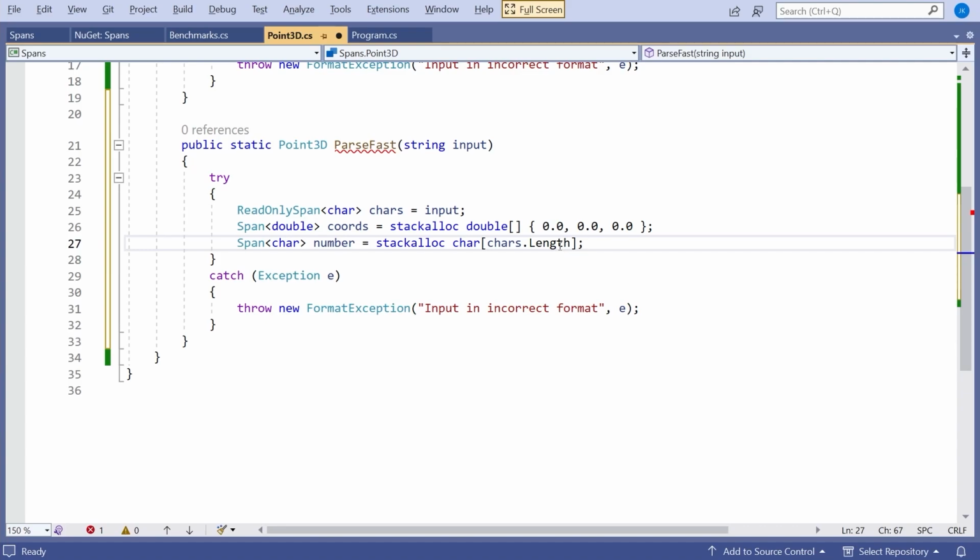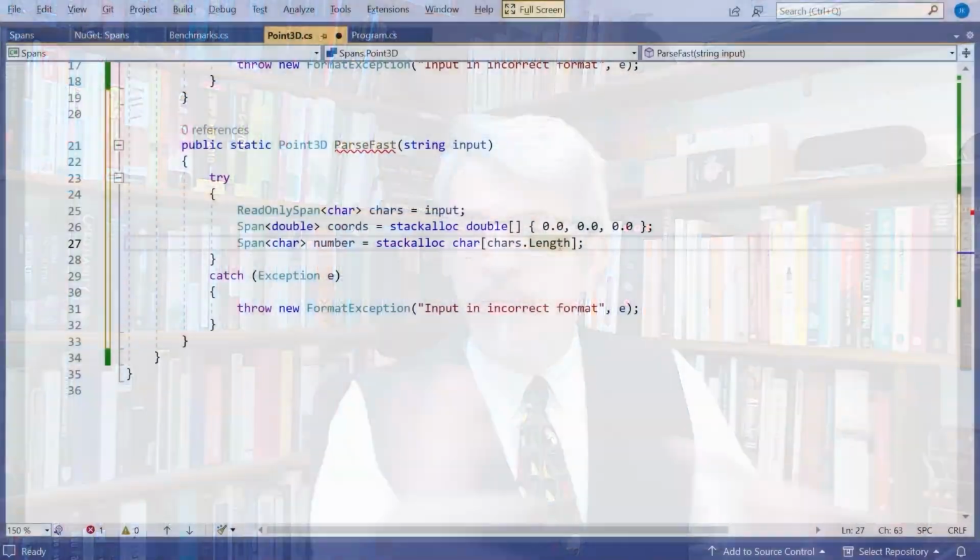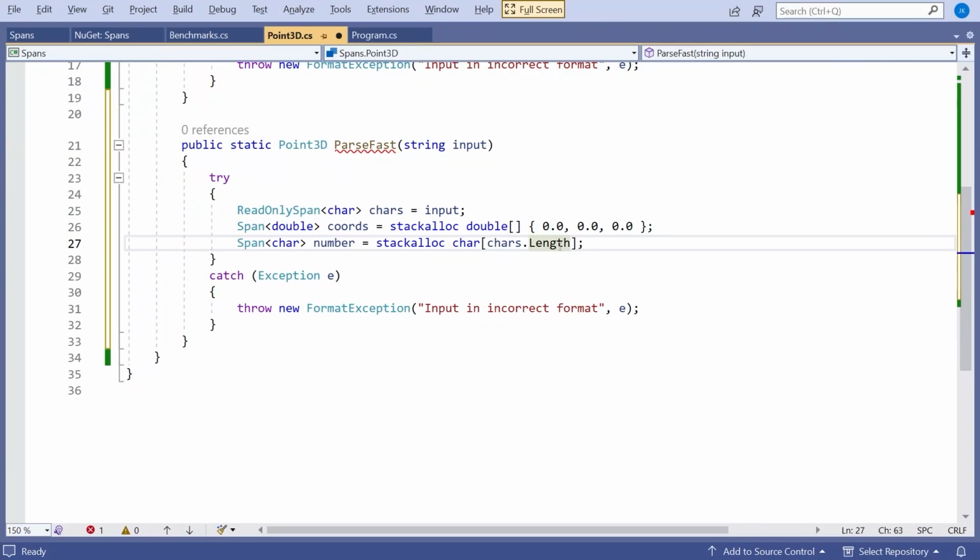Now there's one other caveat here about the nature of stack alloc. Stack alloc allocating on the stack, therefore there is a risk of a stack overflow if you allocate too much. And there is a form of denial of service attack where a hacker, if they passed in a really, really long string here, that could be so big it crashes the program by overflowing the stack. So ideally, we should be putting some kind of safety check to make sure that's not too big. Typically, you might do around 1,000 elements, something like that. But I'm not going to bother with it here, but it's just something to watch out for.